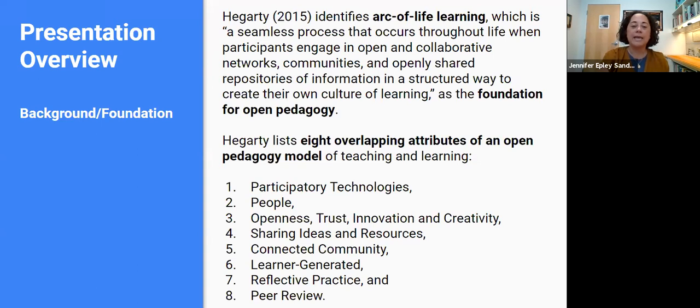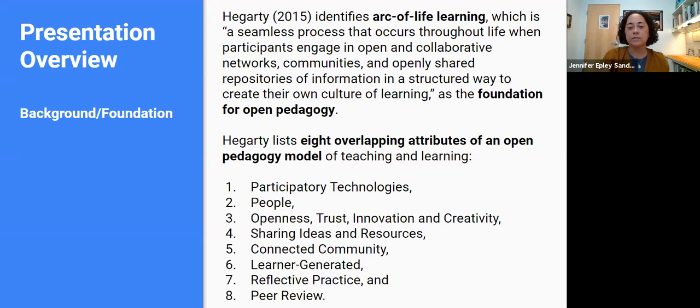Hegarty lists 8 overlapping attributes of an open pedagogy model of teaching and learning: participatory technologies, people, openness, trust, innovation and creativity, sharing ideas and resources, connected community, learner-generated, reflective practice, and peer review.